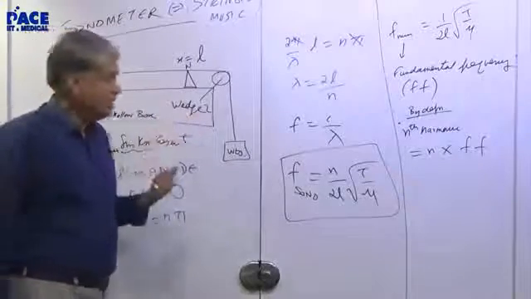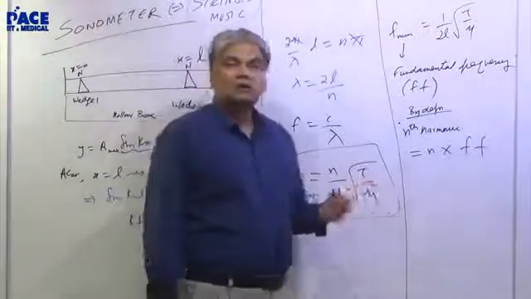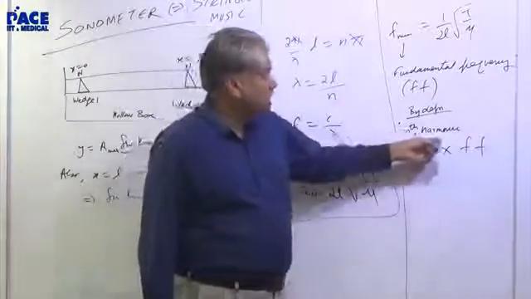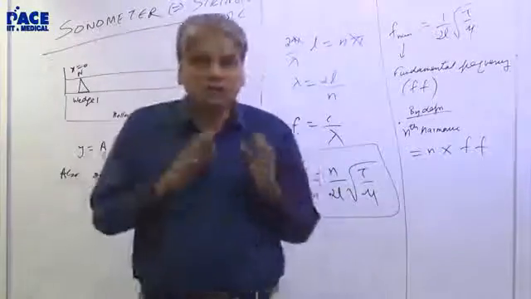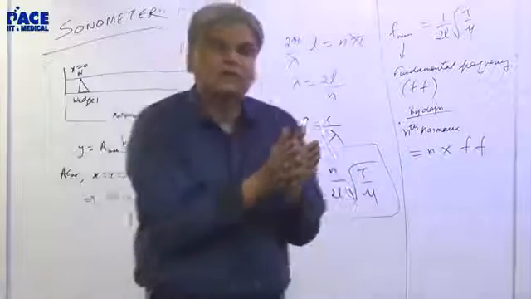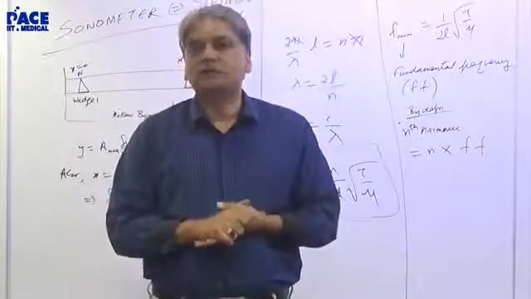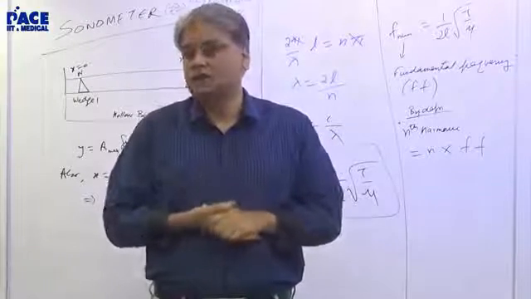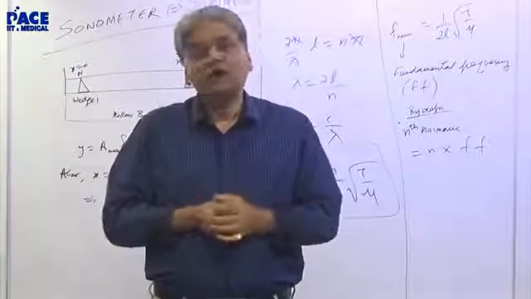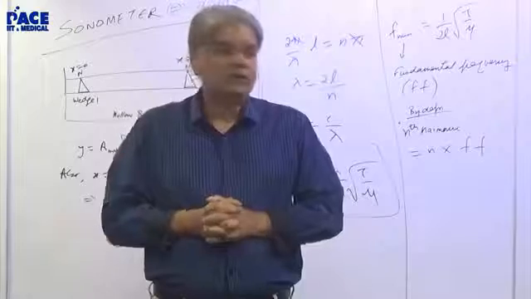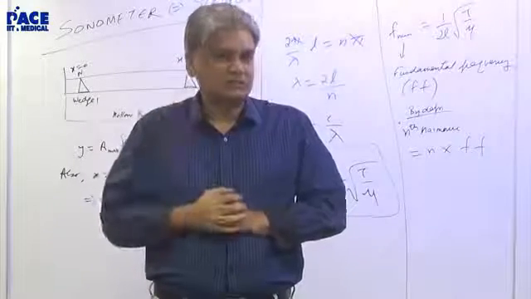How do you play? Now this unit is called harmonic because when you have a basic frequency and a higher frequency, it sounds pleasant to the ear. Suppose you have 100, 200, 400 coming together, it will be pleasant. But if you have 100, 200, 123 coming, you will feel something is wrong.